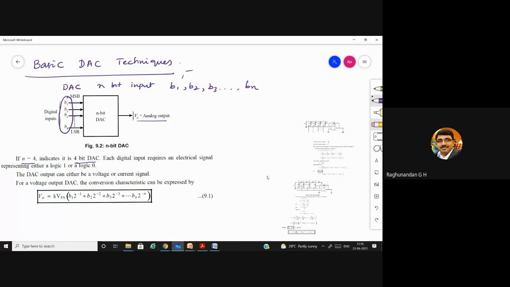Here, the first thing we should know is resolution. There are some important parameters which we need to discuss. Basically, resolution is the number of analog output values which are given by the DAC. This is with respect to the converters we are speaking about. Suppose we consider an n-bit DAC, then resolution is given by 2^n.